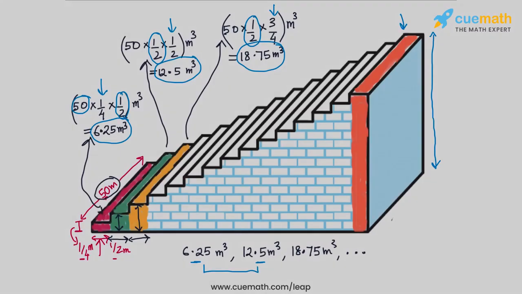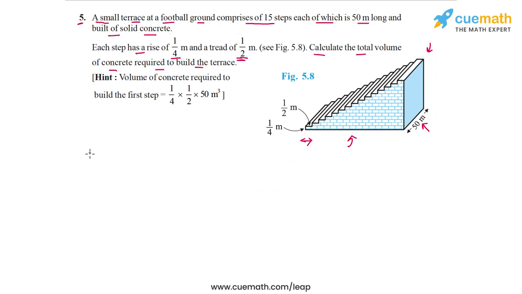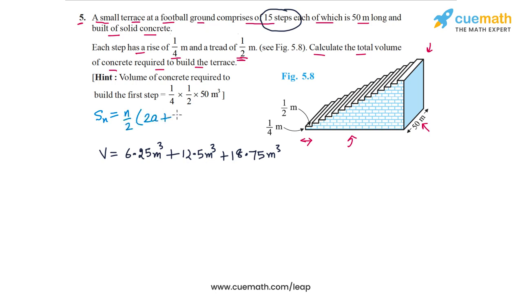So let's do that now. The total volume of the structure can be written as 6.25 meter cube plus 12.5 meter cube plus 18.75 meter cube, and so on. And this progression will continue for 15 terms because there are a total of 15 steps. So let's use the formula Sn equal to n by 2 times 2a plus n minus 1 times d to sum this arithmetic progression. So we have n is equal to 15. So 15 by 2 times 2a. a is 6.25, so 2a is 12.5, 2 times 6.25, plus n minus 1 into d. n is 15, so n minus 1 is 14, into d,